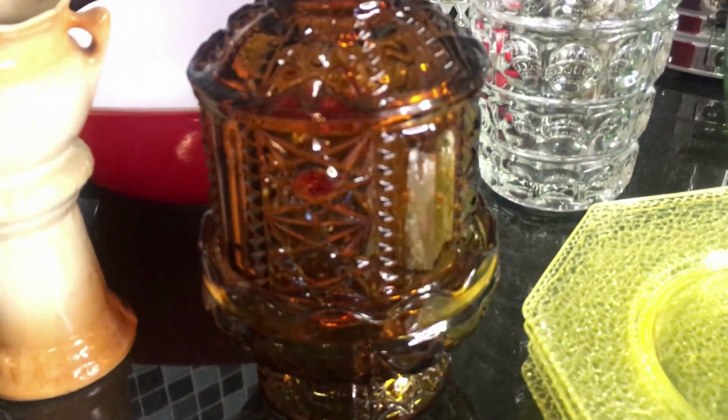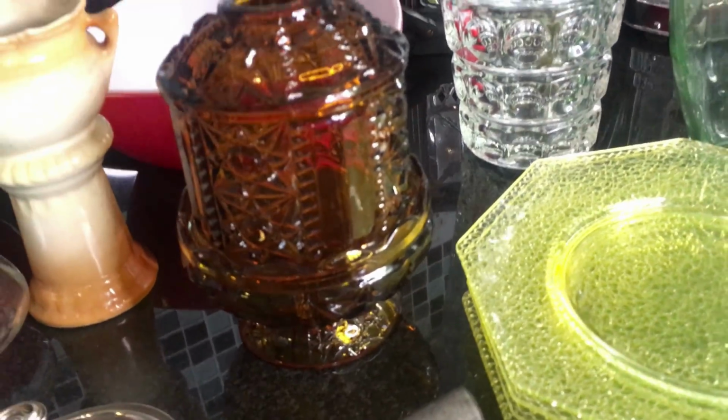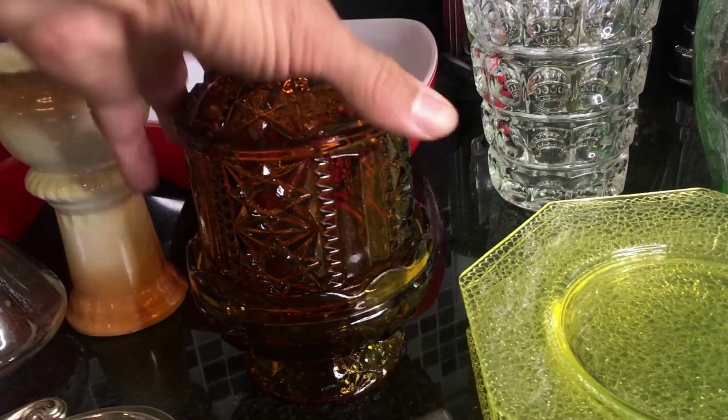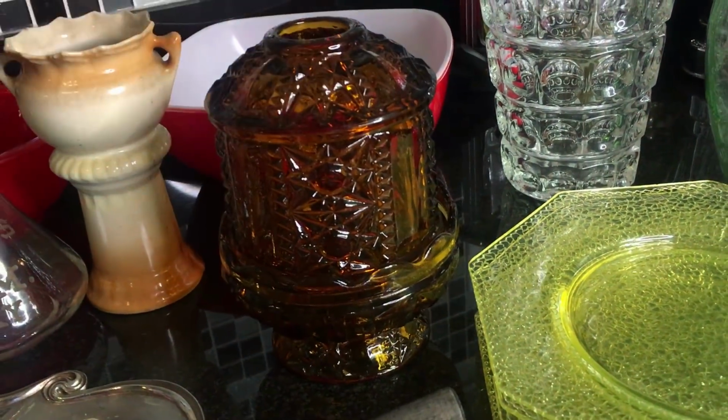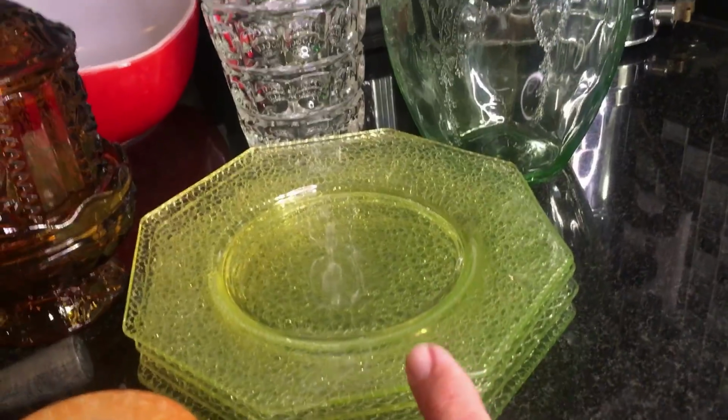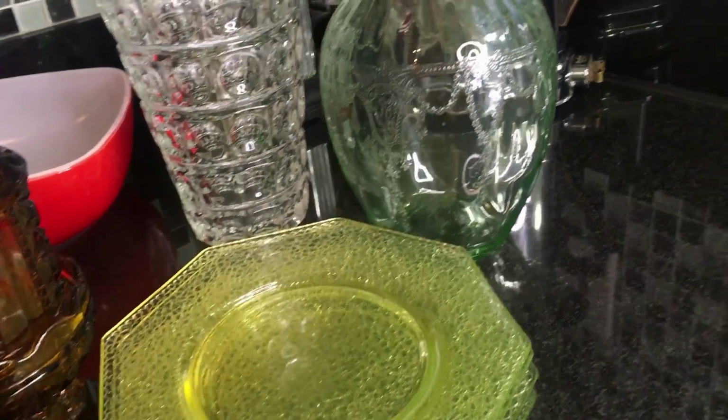Actually, it's, and that's probably the only time you'll see a fairy lamp again. Not that there's anything wrong with them. They are lovely when they're lit up, and I remember them when I was a kid. Now, I'm going to keep these 4 plates. You know what? Let's do...